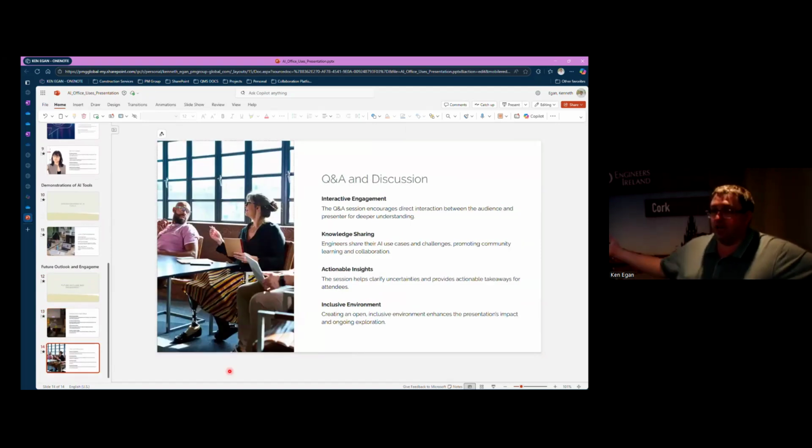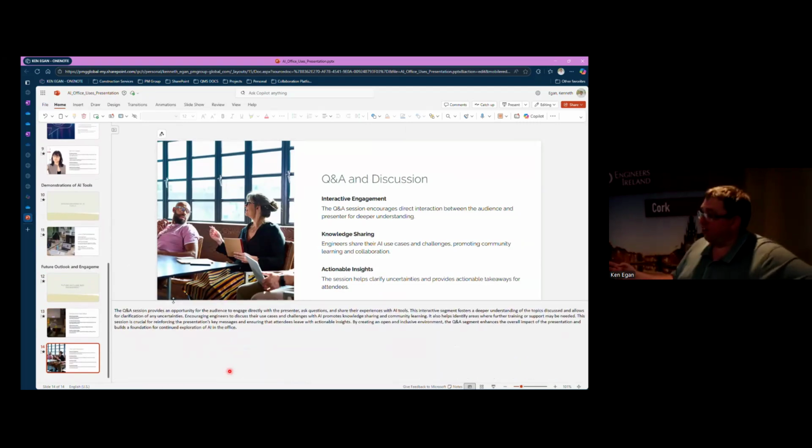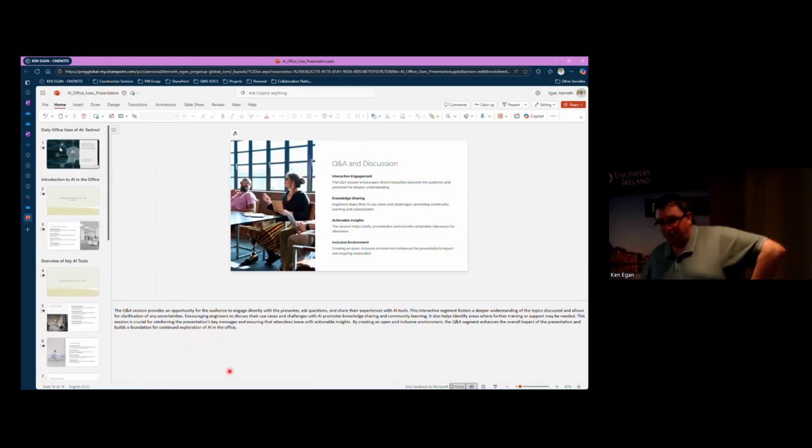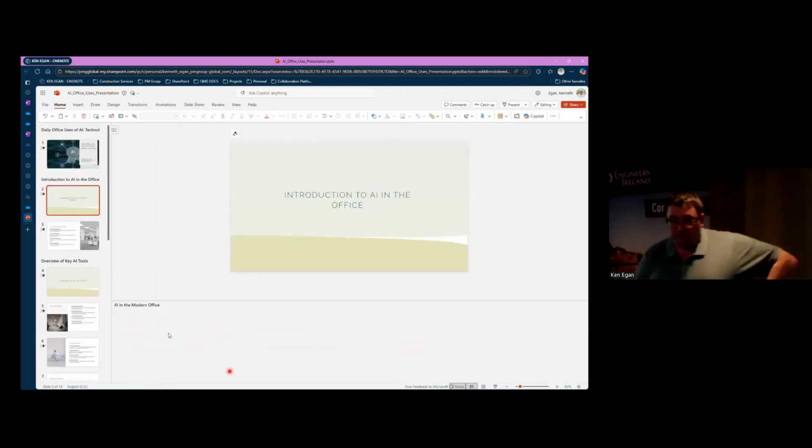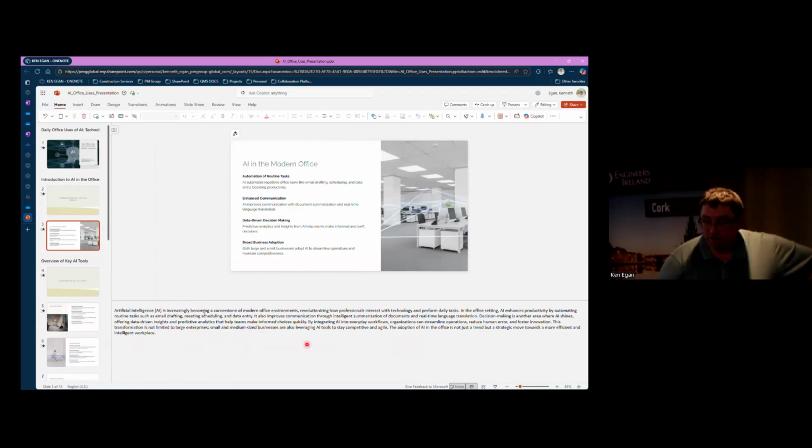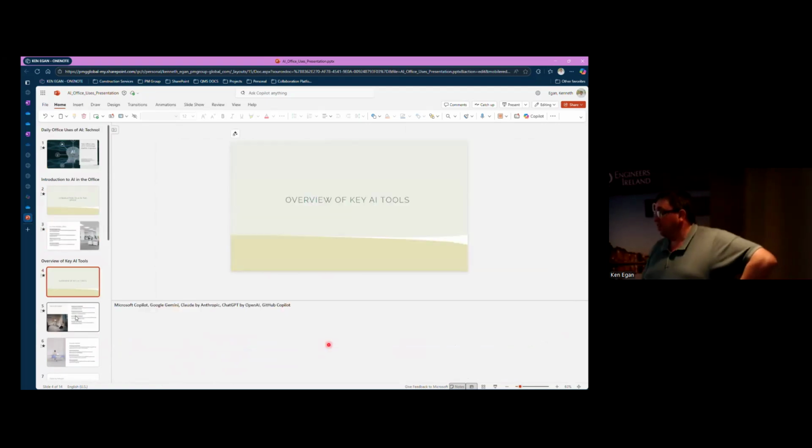You saw that was the direct output from that first prompt, right? As I said, there were more iterations, so that wasn't it. But you can see at the bottom here, it has done the notes as well. So if you wanted it to generate notes for you, it'll do it.